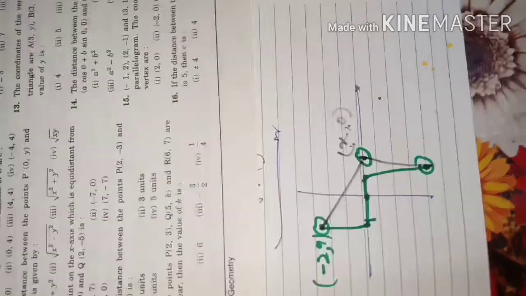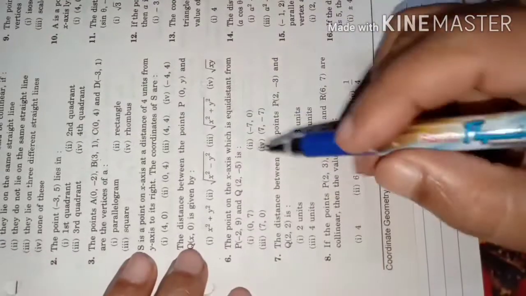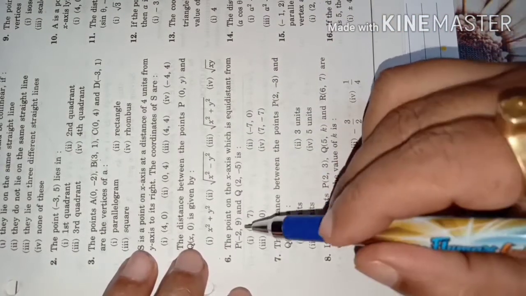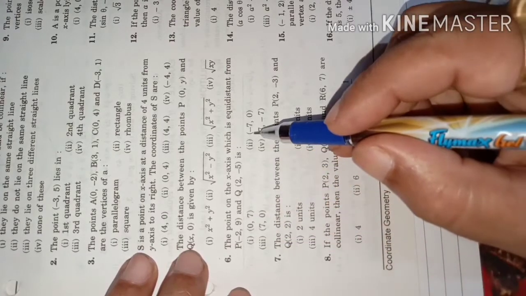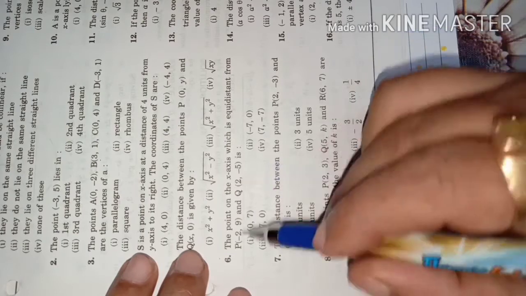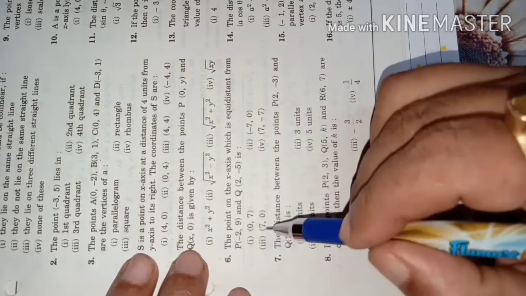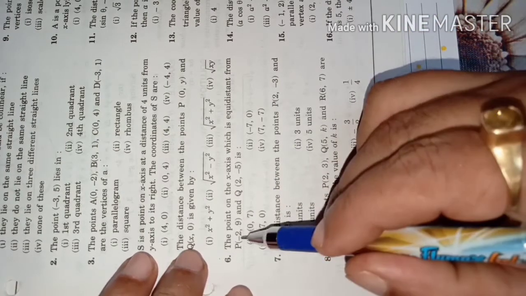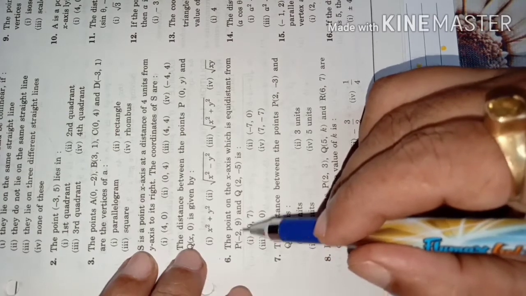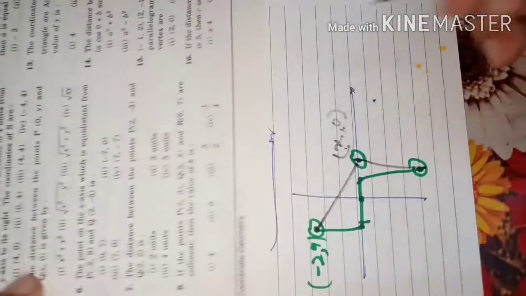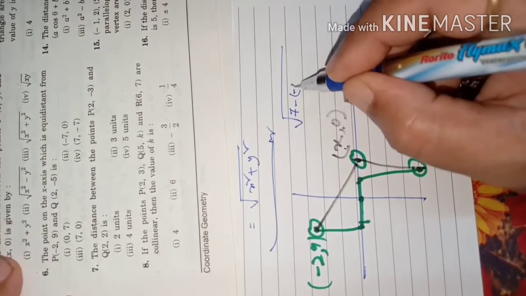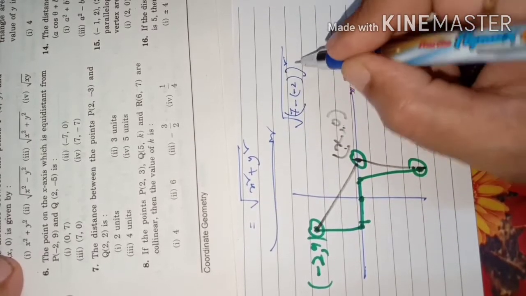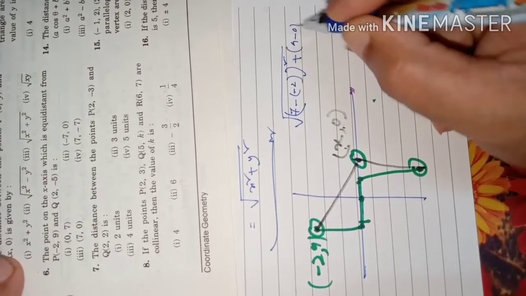Let us see. Then you do one thing. Here from this 7, 0, find the distance of this point and this point. Then also from minus 7, 0, find out the distance of these 2 points. From 7, 0, 7 minus 2, it will be 7 plus 2. 7 plus 2 is 9. 9 square plus 9 square is 2 times 9 square. It will be like this, under root 7 minus 2, the whole square, plus 9 minus 0, the whole square.